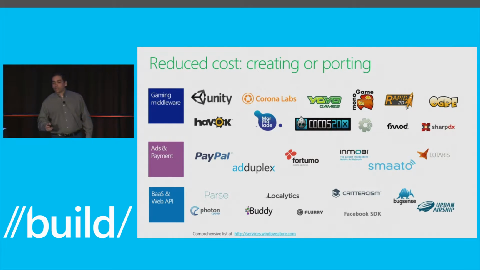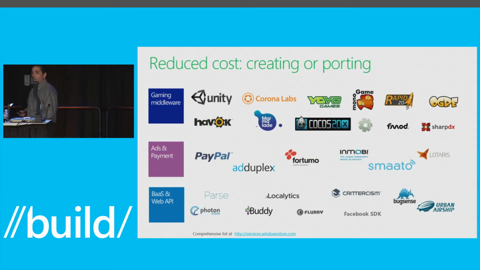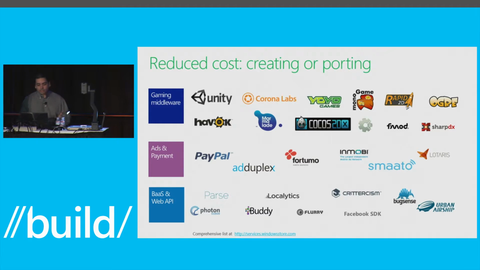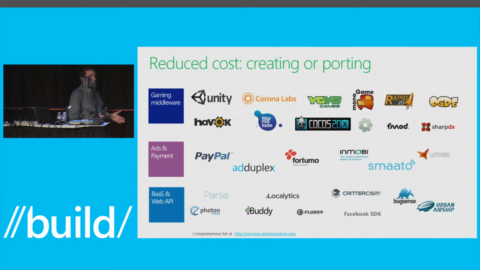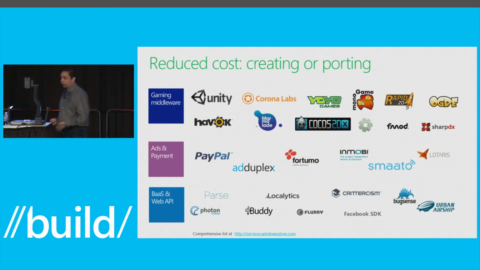Another area where we're investing a lot into is building our ecosystem. So as we're converging all the technologies, we're in parallel building our ecosystem. And we've made great progress all around. So for example, we brought in PayPal and InMobi and AdMob onto our advertisement and payment ecosystem. We're bringing cloud services like Parse, or we're bringing Flurry Analytics, so we're making good progress there. And then on the gaming space, we're bringing, for example, Corona Labs. They're now in beta, supporting Windows Phone and Windows 8. And same thing for Marmalade. A year ago, Marmalade was only on Windows Phone, and right now they're working on support for Windows 8. So let me show you some of the progress we're making with the partners.